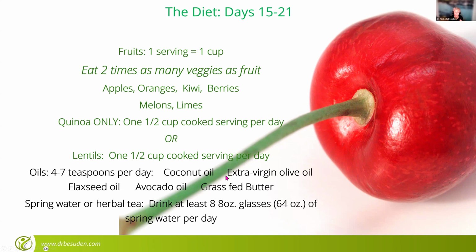And if you wanted to sprinkle over your salad, that's fine to do, or sprinkle over vegetables. I'm okay with that as well. Use your good olive oil, your extra virgin olive oil, your coconut oil, make sure it's expeller pressed and organic, flaxseed, avocado oil, grass-fed butter, and remember to read your labels because you can go to the grocery store and get